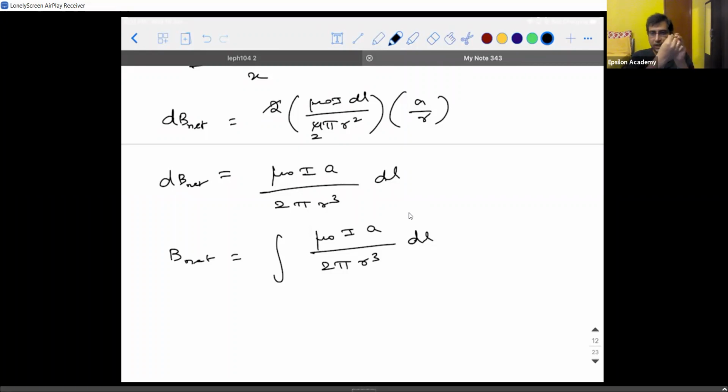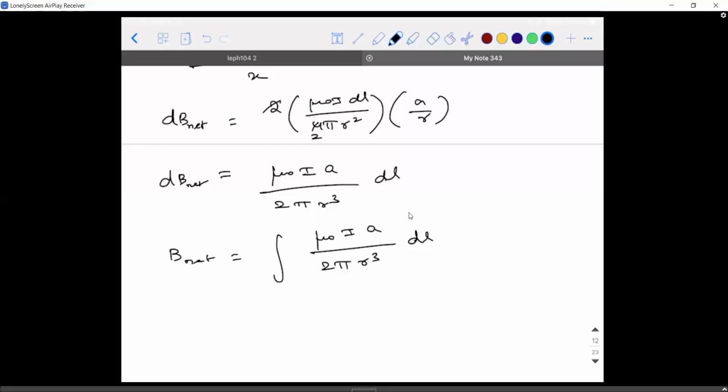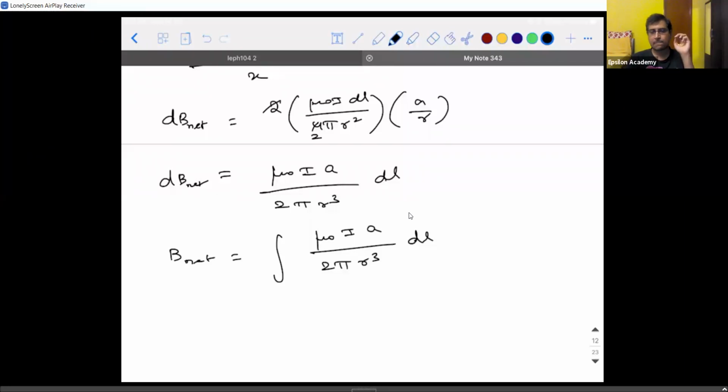If I take one current carrying element, if I take that point to be 0, after one revolution, the dl would have covered how much distance? Very simple question. One full circle, sir. So one full circle, what is the length of the circle? 2 pi r. It would have covered a distance of 2 pi r.